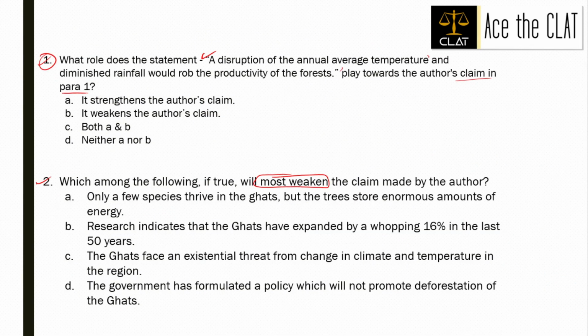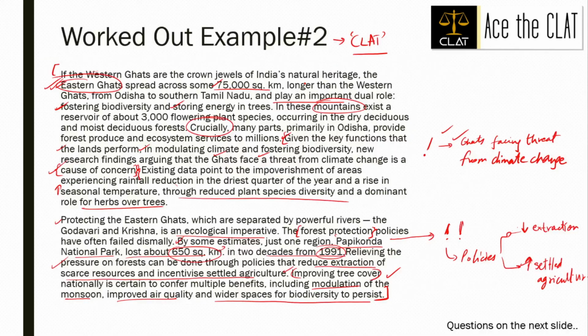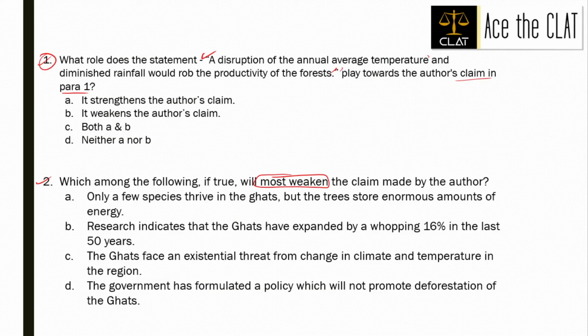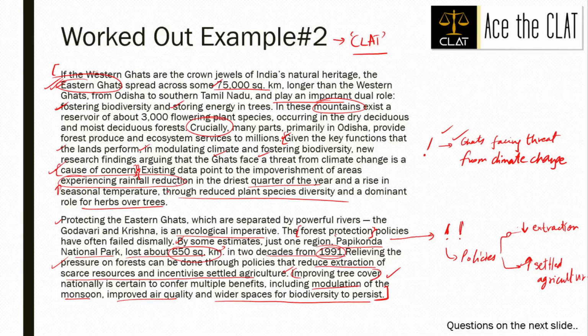So it is pretty obvious, right, that this statement is probably going to strengthen the author's claim in the first paragraph, right? Because if you see that the author has presented evidence that existing data point to the impoverishment of areas experiencing rainfall reduction in the driest quarter of the year, and the rise in seasonal temperature, which means, and what is the cause of that